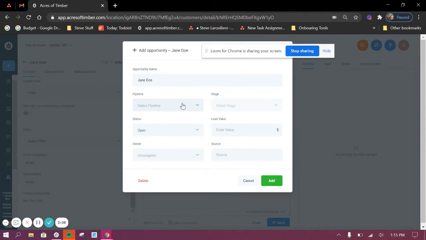But for now, if you have someone and you want to move them, let's say they're in the standard pipeline, they were open, but she just decided she definitely wants your services. You booked a date, hit 1. If you have a team, you could assign this client to a member of the team, or if it's just you, to yourself. And then we move them in the pipeline to the stage, which is 1. If you want to, you can also enter the value of the service that this lead is getting. And when you do that, it's going to make it so that on your dashboard